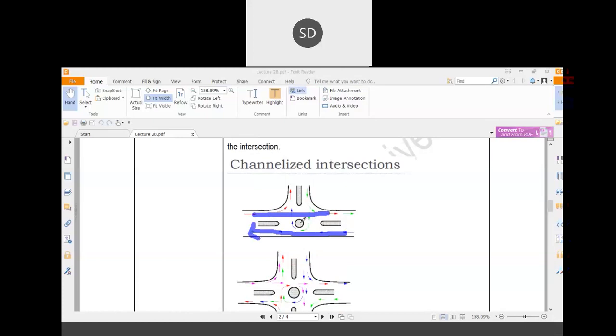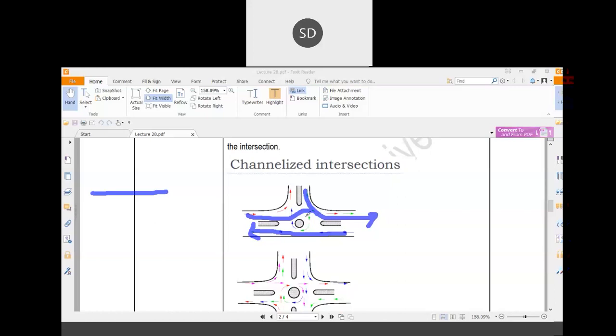Okay, now see here, one central island is there. So whenever a vehicle is moving, how will it move? It will go like that, then go around this, and then cross over there. Now whenever another vehicle comes, where initially there was a crossing conflict point, how will it act? It will merge over there.